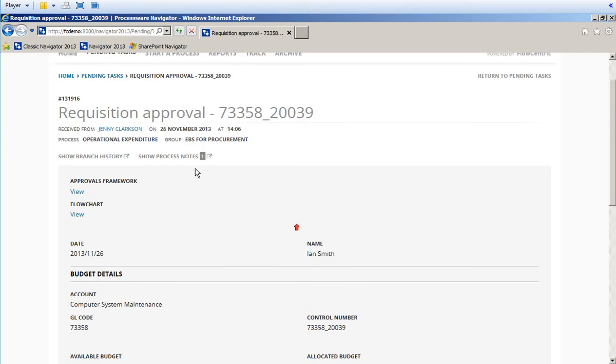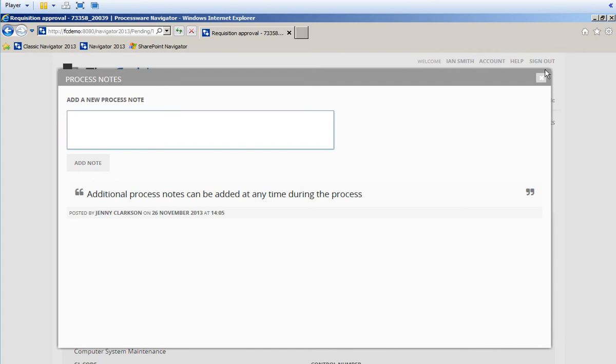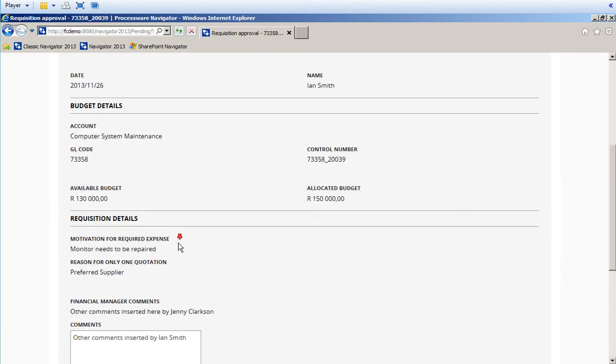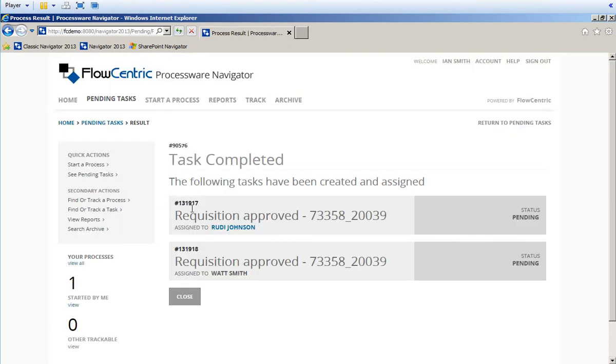Ian Smith can also access any process notes that have been inserted during the flow of the process and view different information. So let's go ahead and approve this. Now the task has been completed, it's been assigned to Rudy Johnson, and the approved requisition notification has also been sent to Watt Smith. So if we log in as Rudy Johnson,